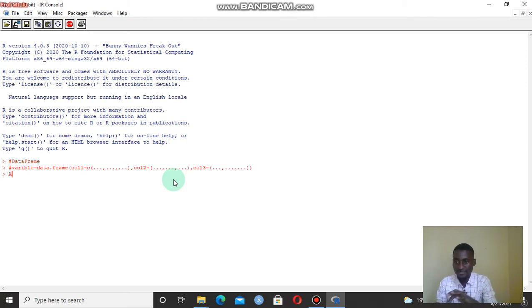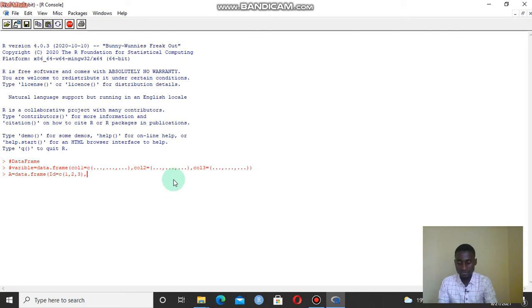So suppose I have a data frame A, and this data frame stores these vectors. We have a vector that stores the ID of employees in a certain organization. So I'll have the ID, and because we have a number of employees, we are using the concatenating function to capture the IDs. So suppose we have 1, 2, 3 as the IDs of 3 different employees in a certain company.